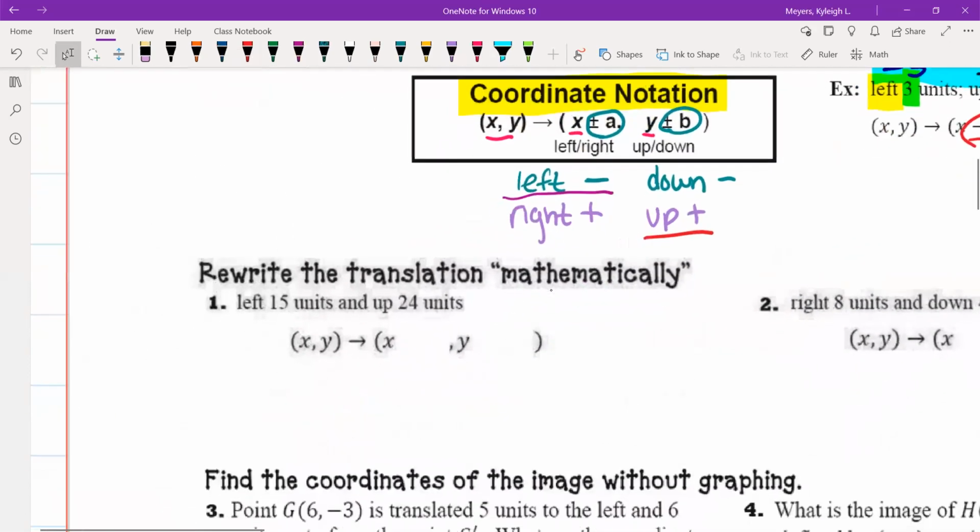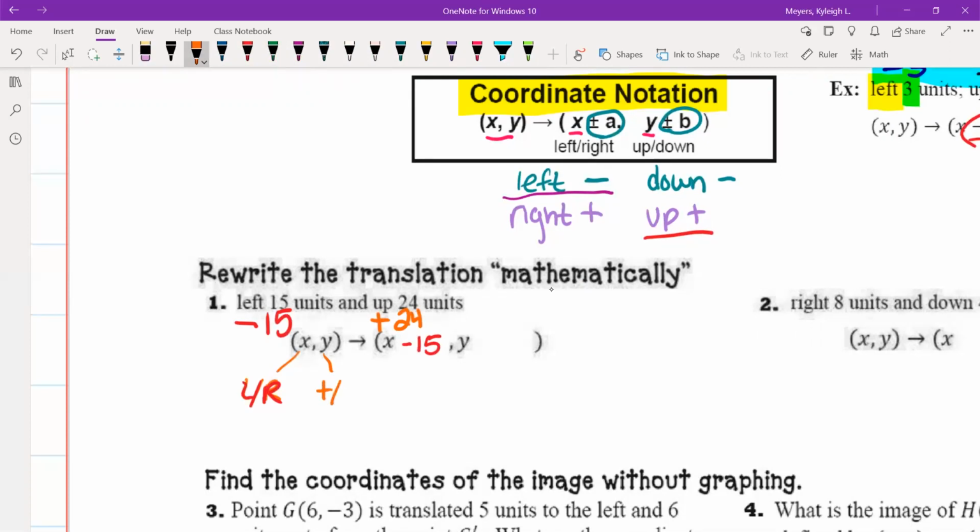Okay. So this is left 15. Left we know, left we subtract. So it should be minus 15. Up we add. So it should be add 24. So we have to put these in the right spot. So x, remember, is left or right. So we're going to put our minus 15 with our x. Our y